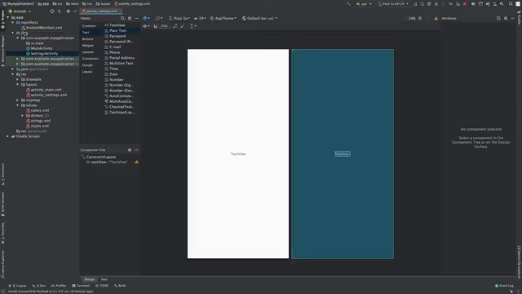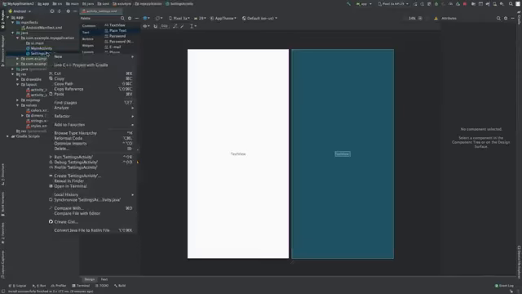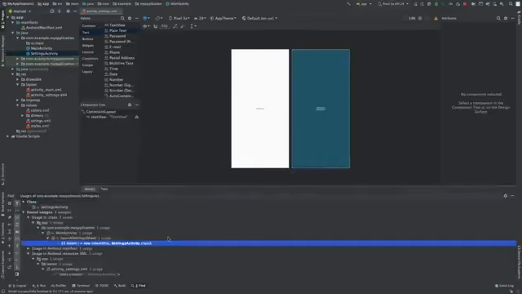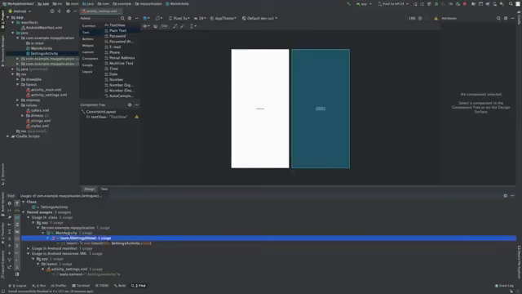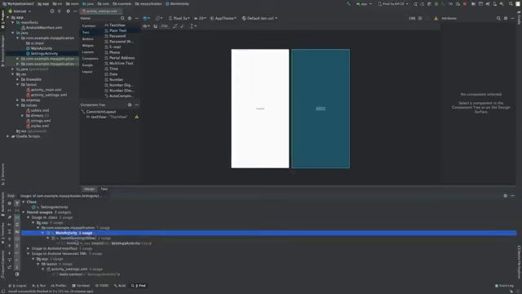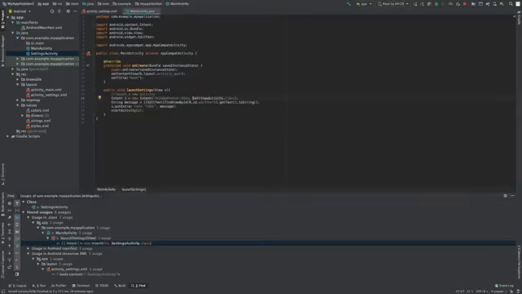So what are we going to do? Well, if you see, we have the settings activity over here in the Java folder. You can right click this and you can find usages, and this is going to show where this activity is referenced in your code. So you can see it is referenced inside of the main activity, inside of a method. So what we can do is we can basically go through these references, and you can double click it, the most expanded one, it'll show up here. And this will reference that activity,